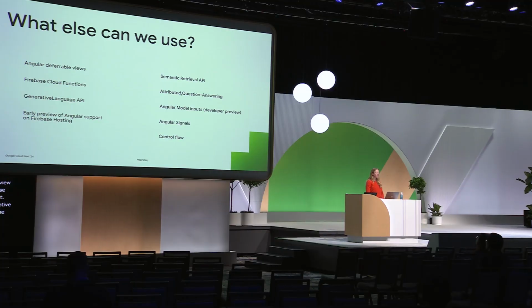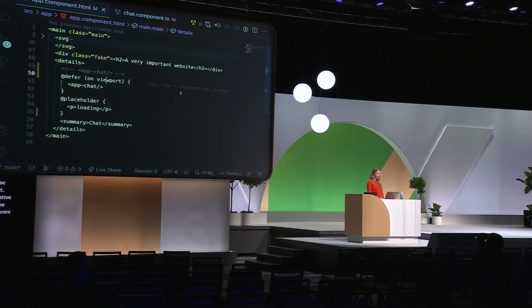Next, I'm already using the Generative Language API. That's just the API that I'm using to call Gemini already. But I want to move to something smarter. So like I said, in my actual code,